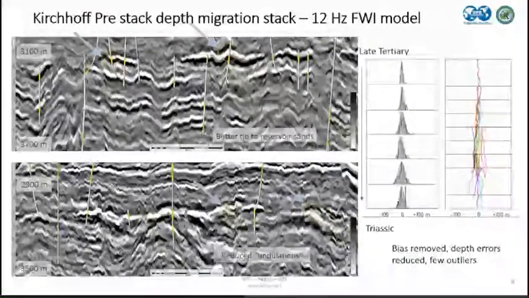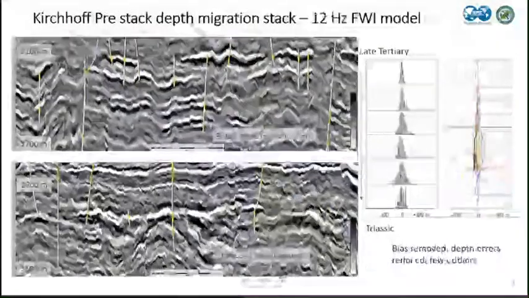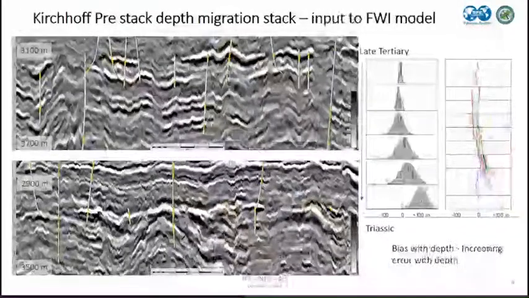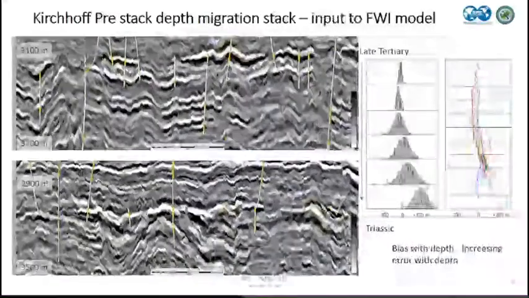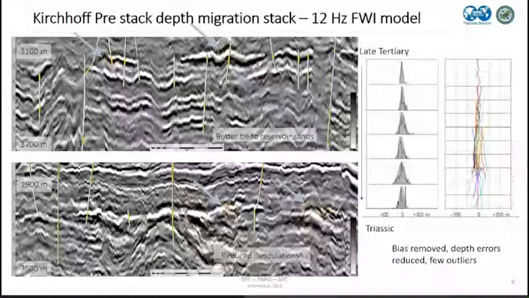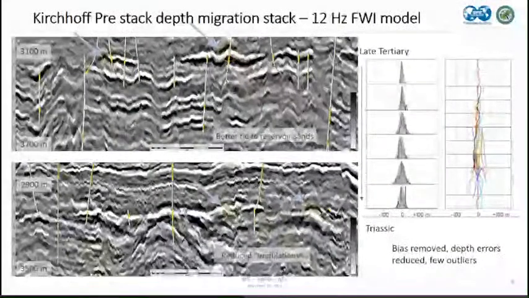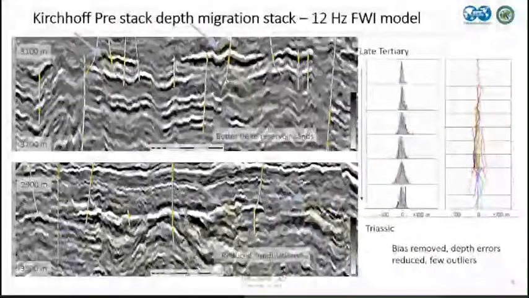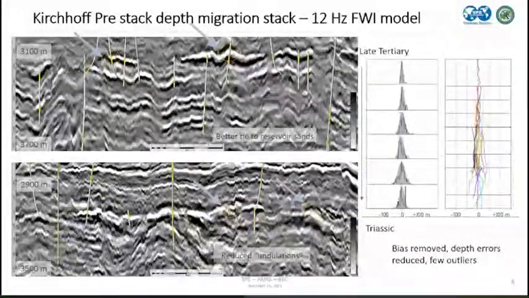And what you should get also, not only the depthing resolution, is the imaging improvement. So that's the sags and the pull-up and push-downs, they should reduce. Plus, the kinematics and dynamics of your seismic should improve as well. So we should see improvement in coherency, continuity, reflectivity. So everything,